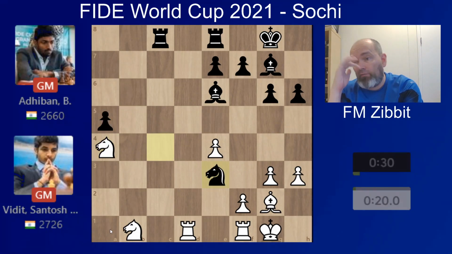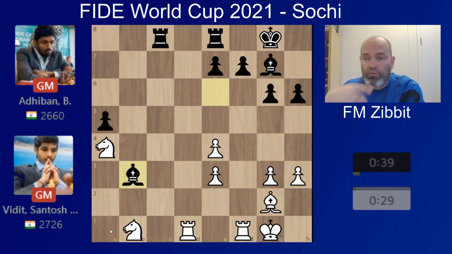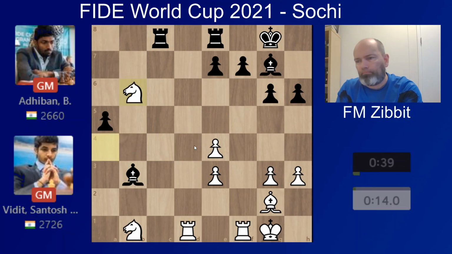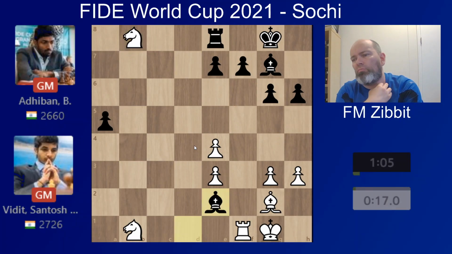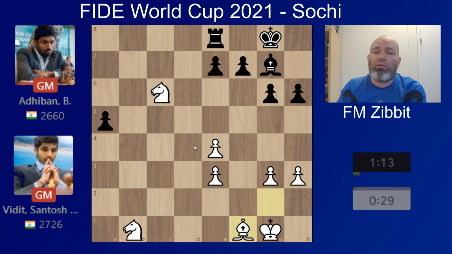So took on a4. He's currently up a piece, but there's bishop to b3. Very annoying. We can't go here to protect because of the bishop, the strong bishop. Once again, knight b6. Now we take on e2. And now white does emerge with two minor pieces for the rook, but black also has an extra pawn, and